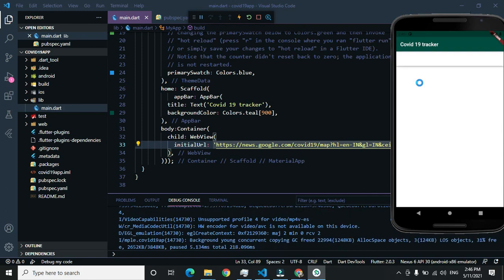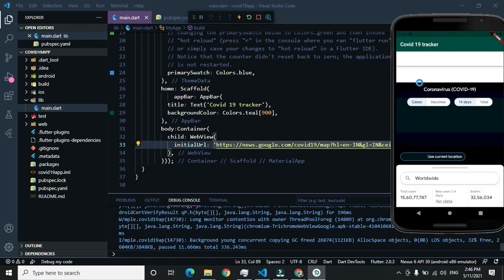You can see that the app is open, but not in full screen. The app is just opening, it takes a little time. You can see cases, vaccines written there, because this app is working. The information is coming, and it is also searching the locations.